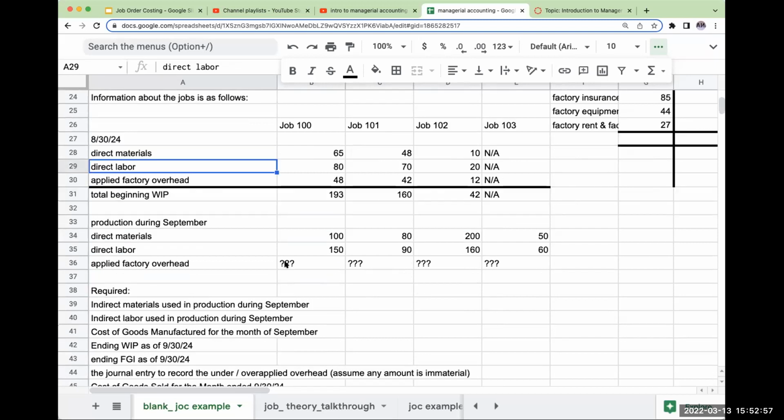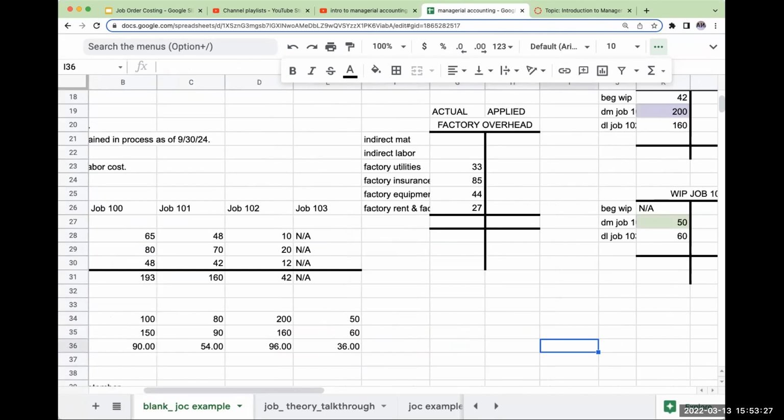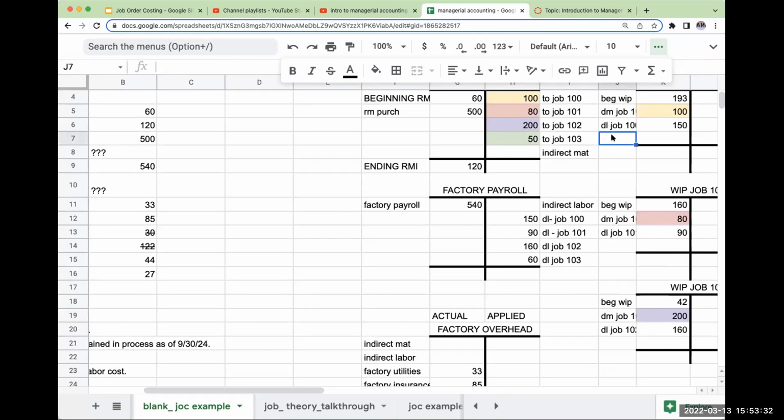Okay, so the next thing I'm going to go ahead and do, and we'll just do this now, is what is going to be my applied factory overhead? Well, as I was showing you a little bit earlier, the relationship is 60% of direct labor, right? If you look at that beginning WIP, 80 times 0.6 is 48, 70 times 0.6 is 42. So my applied factory overhead is going to be right over here, or 60% times each of these amounts. Okay, so what happens over here is going to be my applied factory overhead